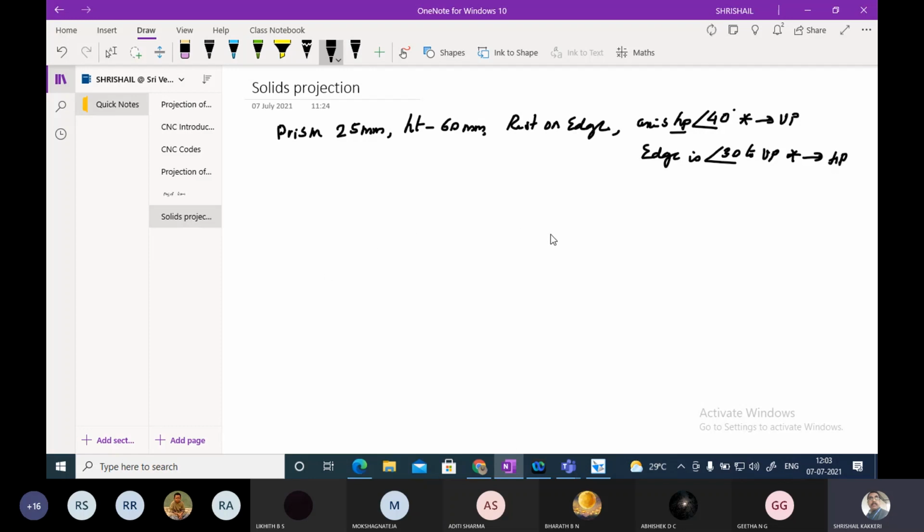So simply, how we are going to do this problem, just a rough sketch to remember. This is like this, it is resting on the edges. Okay, and the figure will come like this, and it has to be inclined like this.